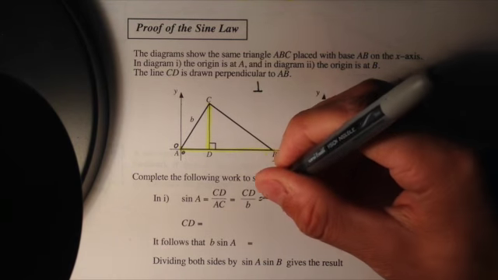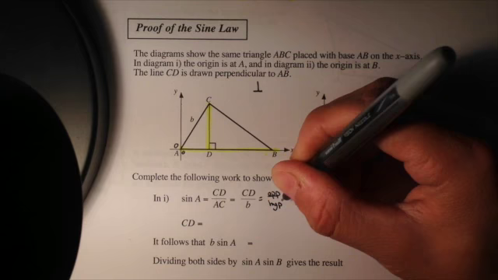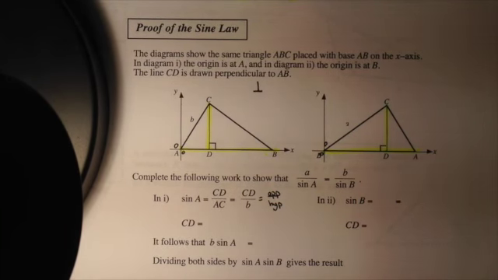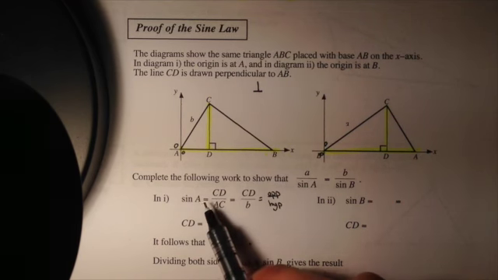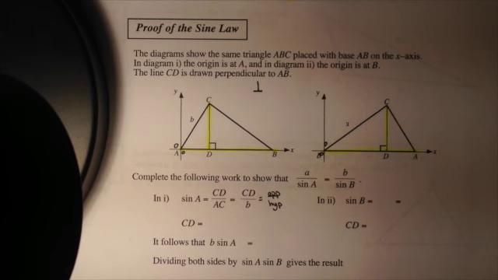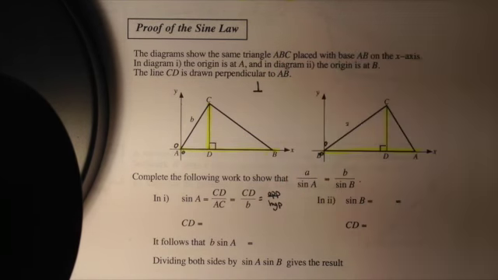Sine is equal to opposite over hypotenuse. Alright? So sine is equal to opposite over hypotenuse. Let's keep that in mind for proving the sine law. Now, if sine A is equal to CD over AC, so CD being from here to here,